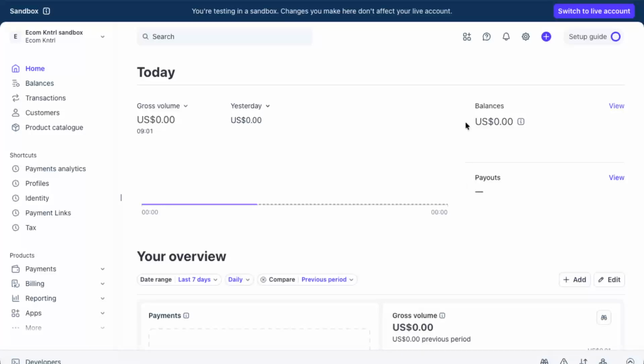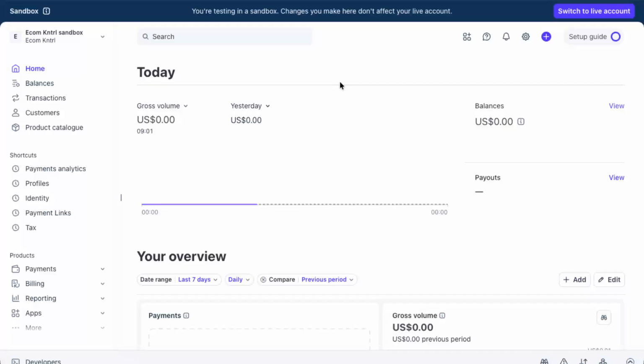In today's video, I'm going to teach you how to change payment methods in Stripe. We'll walk through the Stripe dashboard together so you can easily turn different payment methods on or off depending on what works best for your business. This is really useful if you want to start accepting new ways for customers to pay or simplify things by